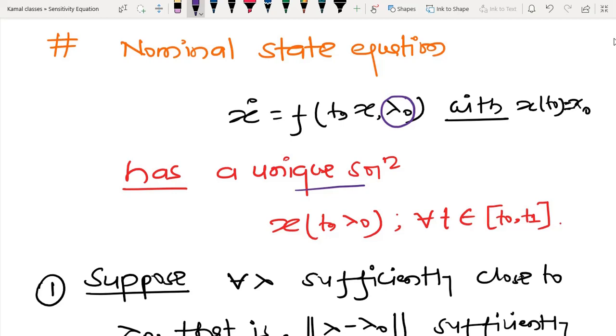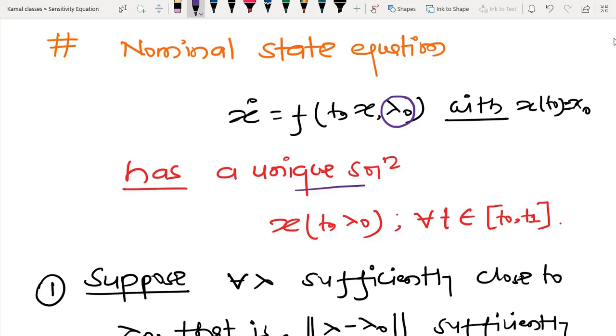So when we allow some kind of error, it might be possible that this lambda 0 also depends on time, or some variation is there. You can take a physical example like this. Initially I have some kind of resistor, and as current starts flowing through that resistor, the temperature is going to increase, and then this parameter, whatever value of resistance, is going to change with respect to time. So what I mean to say is that now this vector field f is a function of time, x and parameter variation.